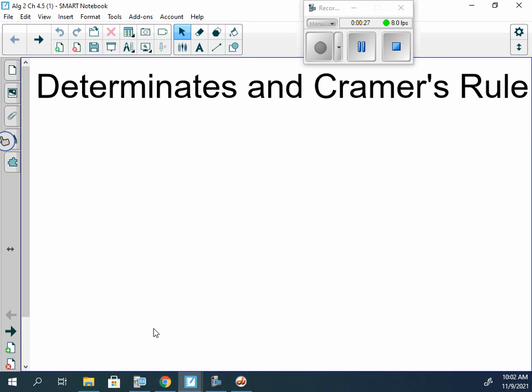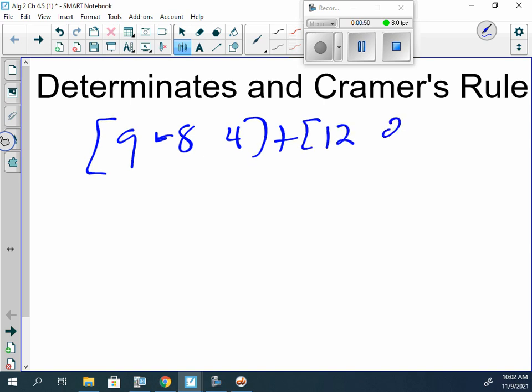Multiplication. Which one are you on, or what problem number? Is that impossible, or can you just... Yeah, that's impossible. Because when we look at this here, negative 8, 4 plus 12, 2. If we tried to add the two matrices together, we would have 9 plus 12 for the first two, because they are matching. And next one, negative 8 plus 2, and then we would have 4 plus,